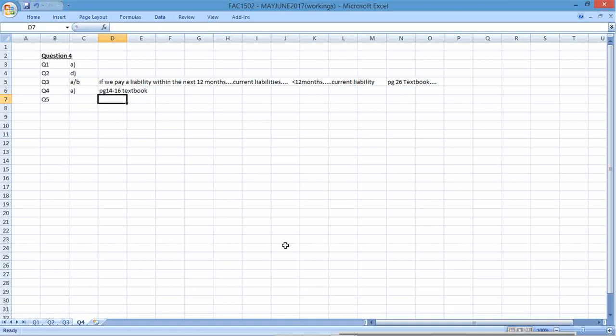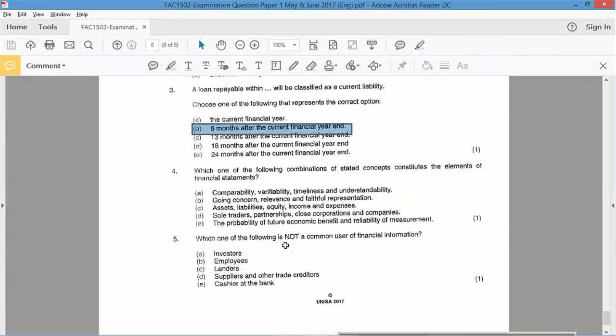And then the final question, which is theory. Which one of the following is not a common user of financial information? Obviously, investors would use it to invest. Employees would use it to establish how good or bad the company is. Lenders would use it to give out loans. Suppliers would use it to consider whether the business can afford the credit or not. The cashier at the bank